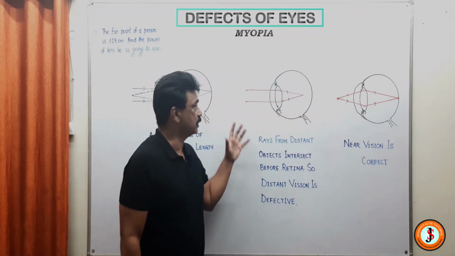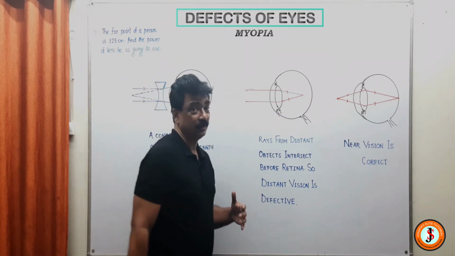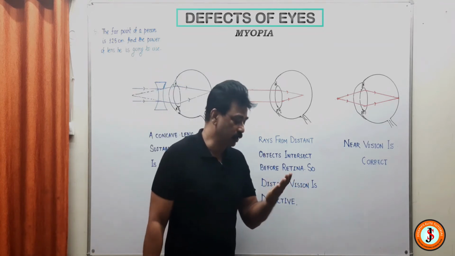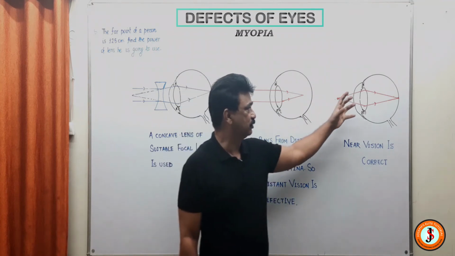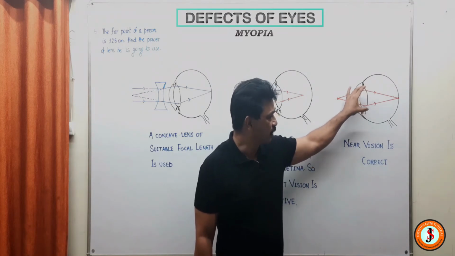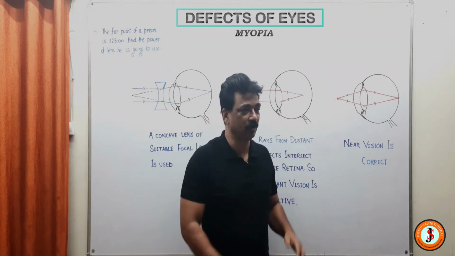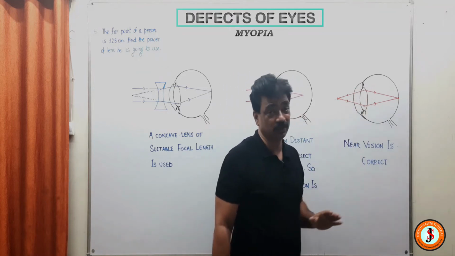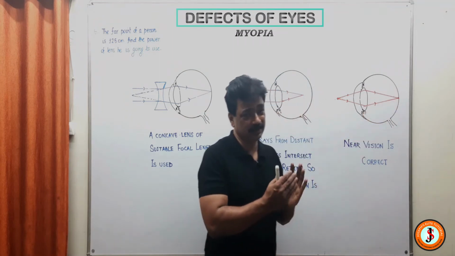The problem is that when a person is continuously seeing nearer objects, the distant vision becomes damaged. It happens to students because you are continuously watching, reading. So what will happen? The eye lens is in a contracted stage. It's not elongated, it's compressed, and its curving power has increased. Its focal length has decreased, and the eyeball also recedes a little backwards.